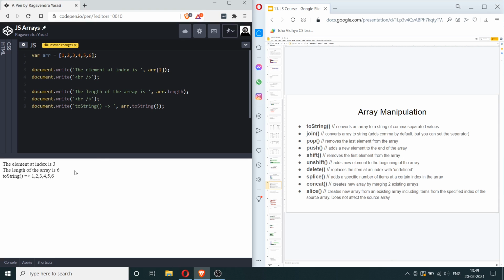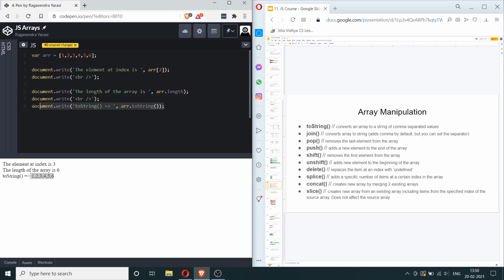What it's doing is converting the array into a string of comma separated values. So this contains a list of numbers and those numbers are being converted into one single string, with each of the values of the items in the array presented as comma separated characters in a string.